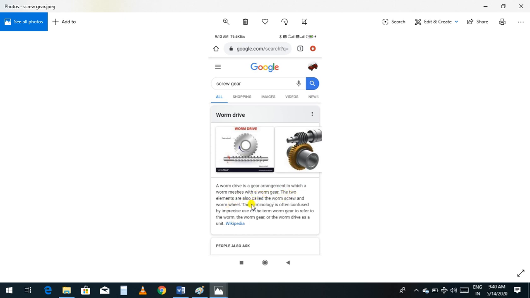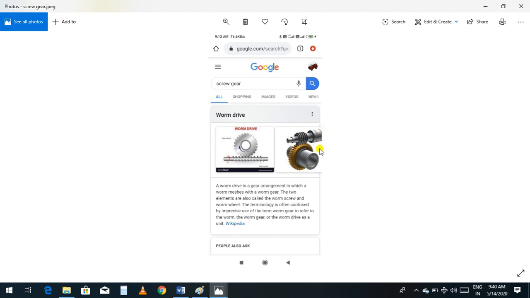The two elements are also called the worm screw and worm wheel. People are often confused and use the term worm gear to refer to the worm and gear of the worm drive as a unit. So it looks like the helical worm gear, a cylindrical helical spring type of gear.